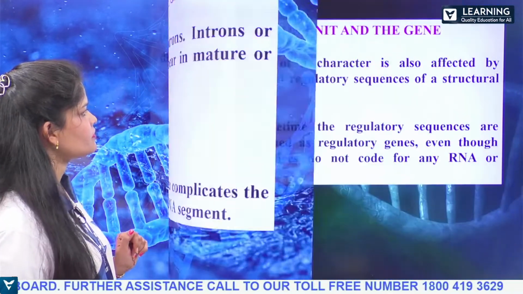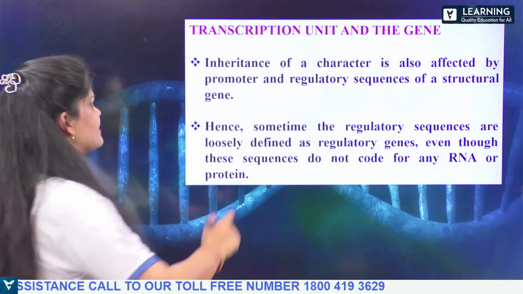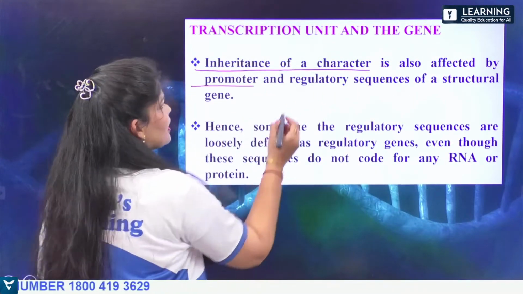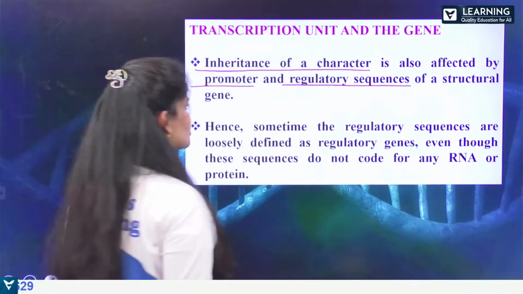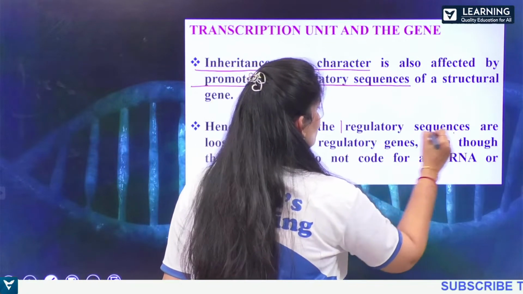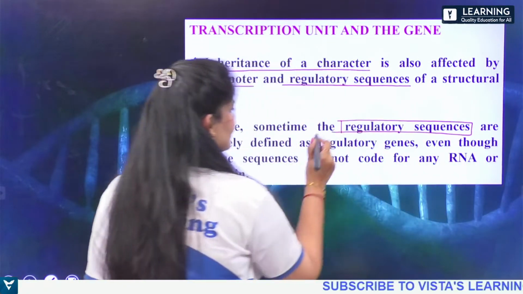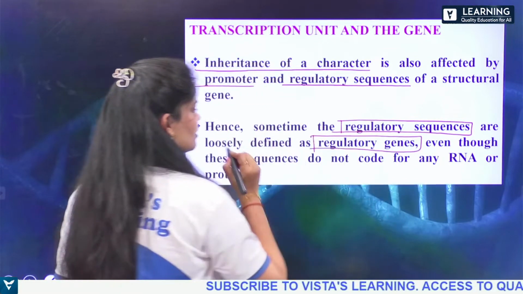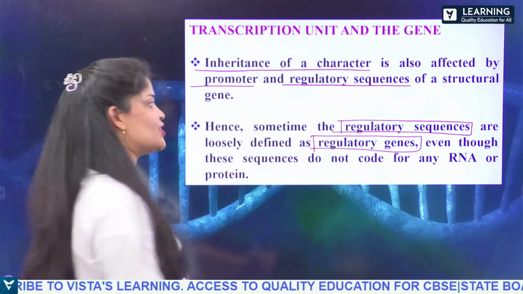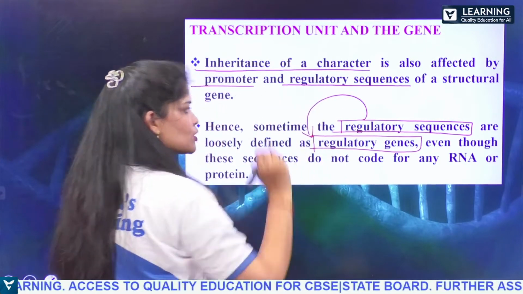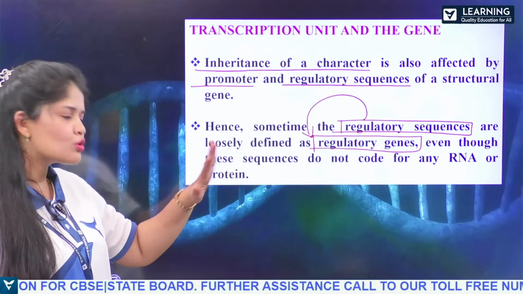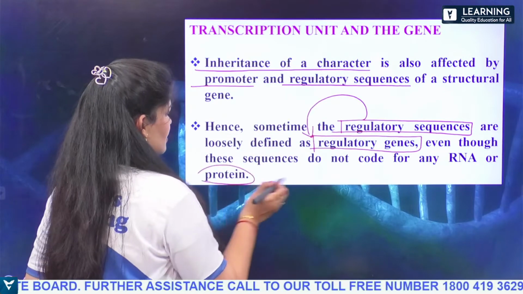Now, inheritance of a character is also affected by the promoter and regulatory sequences of the structural gene. Hence, sometimes this regulatory sequence can also be defined as a regulatory gene. Regulatory sequences are loosely defined as regulatory genes, even though these sequences do not code for any RNA